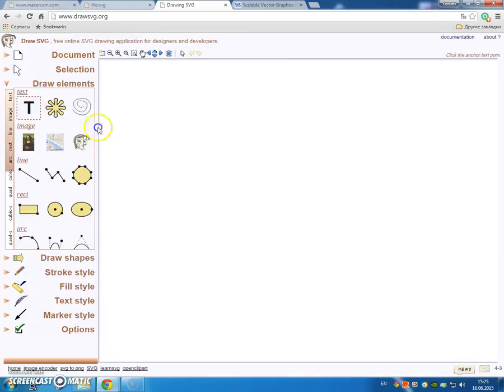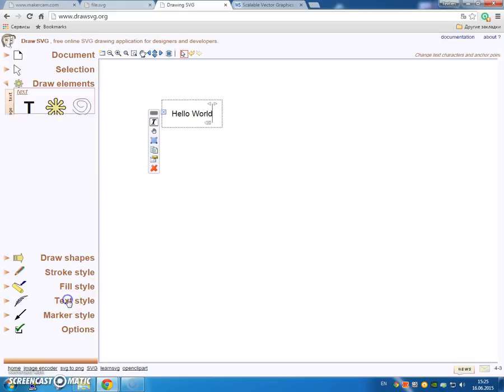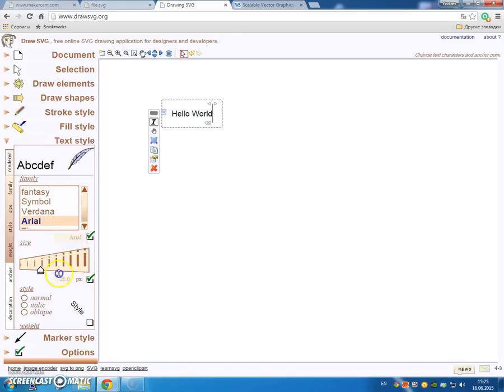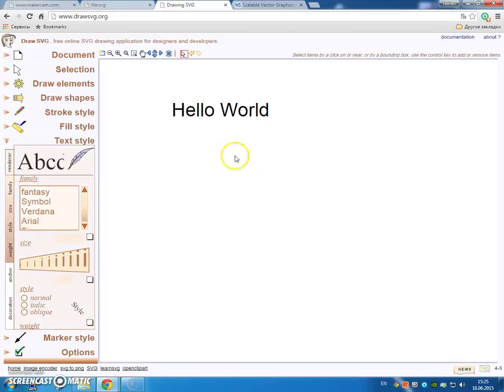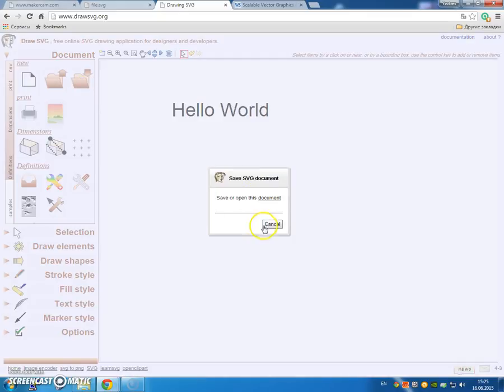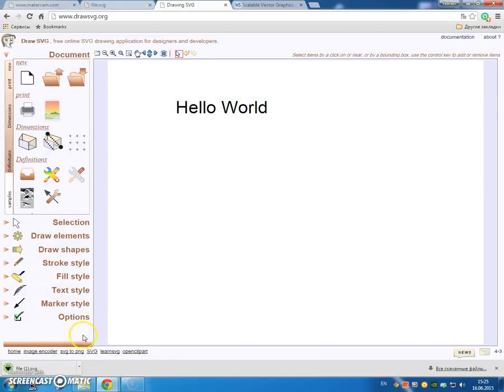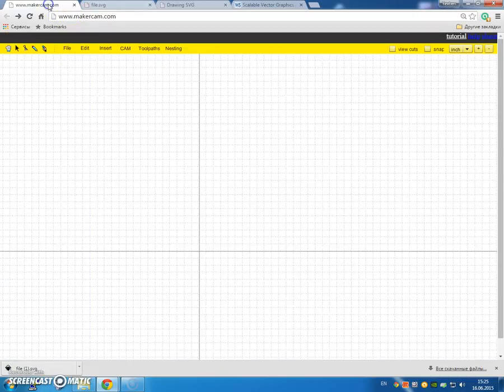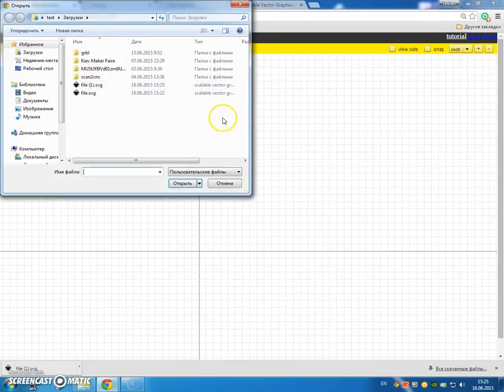Drawing SVG is free, and we're going to try using it with makercam. We'll call this Hello World, and in text style, I'm going to bump up the size to that size. And now Document, Save, and it's called file1.svg. So we go into File, Open, and file1.svg,